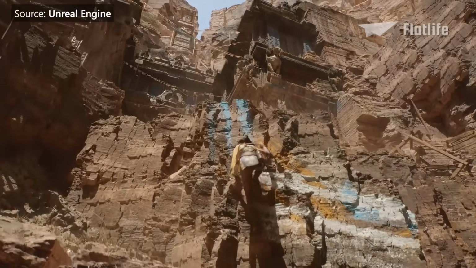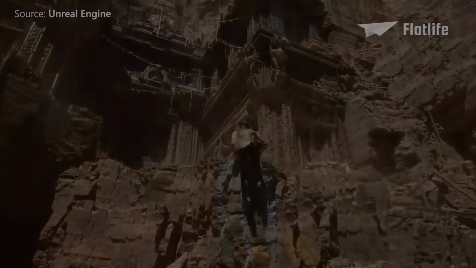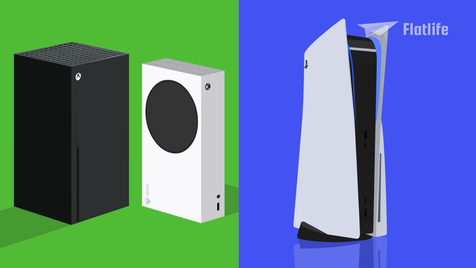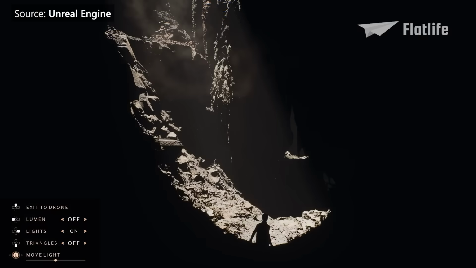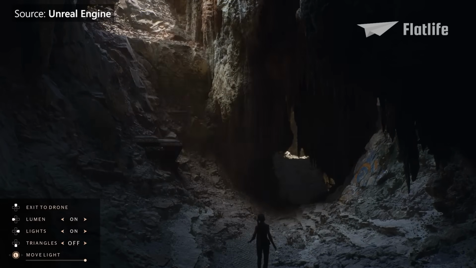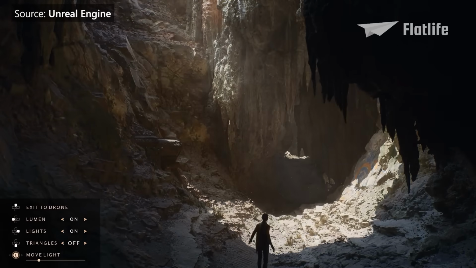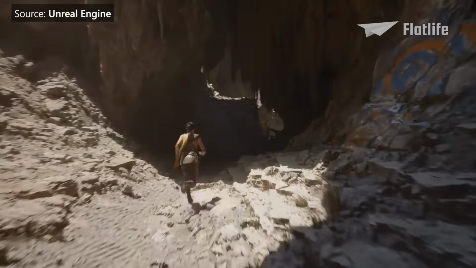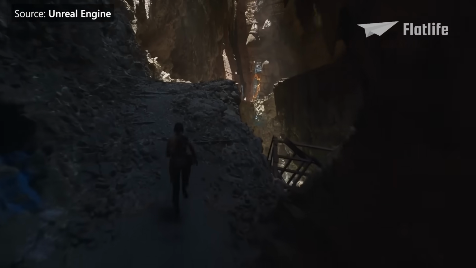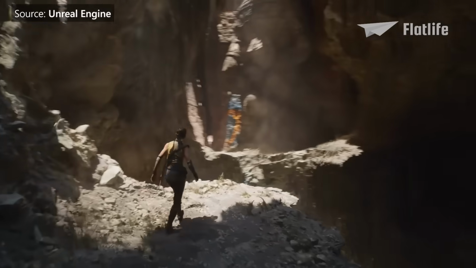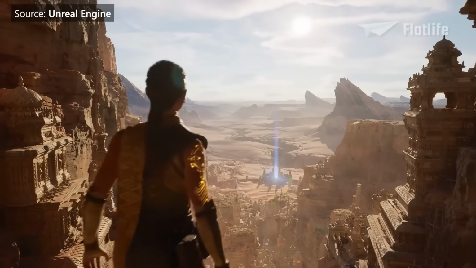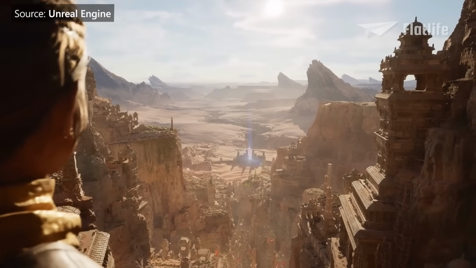Game engines are incredibly important for the evolution of video game graphics. In 2020, Epic Games revealed Unreal Engine 5, which supports the next-generation PlayStation 5 and Xbox Series X and S. One of the major features of Unreal Engine 5 is Nanite, an engine that allows for high-detailed photographic source materials to be imported into games. To significantly improve the lighting, Lumen was created. It has dynamic lighting, and it allows light to bounce off other objects to create more realistic and beautiful scenes. Unreal Engine 5 allows for an unprecedented level of detail with an impressive draw distance.